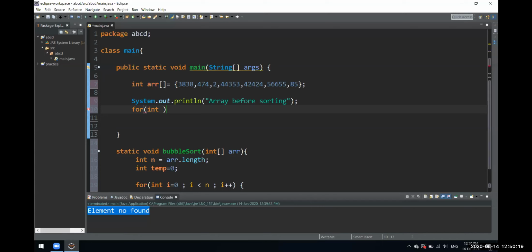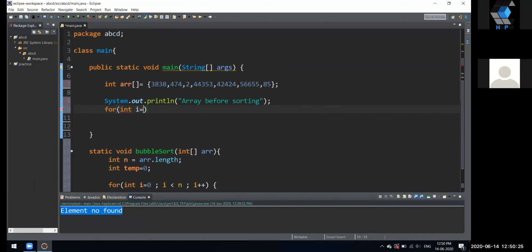We'll write a for loop over here, an integer i, whatever you want to call it. Here i would start from the zeroth position of that array, till the length of that array, arr.length, and i plus plus.